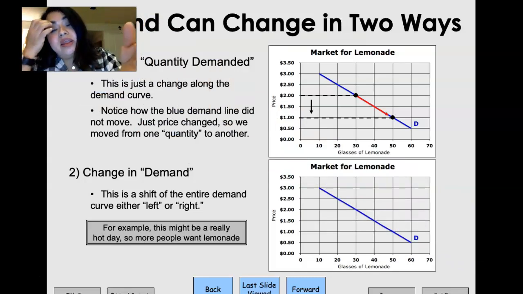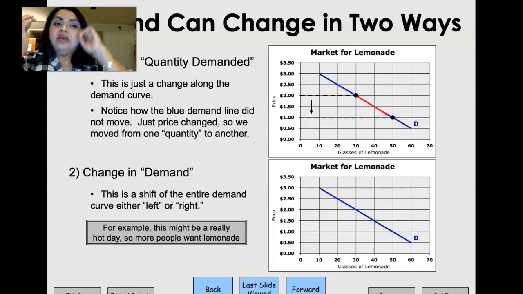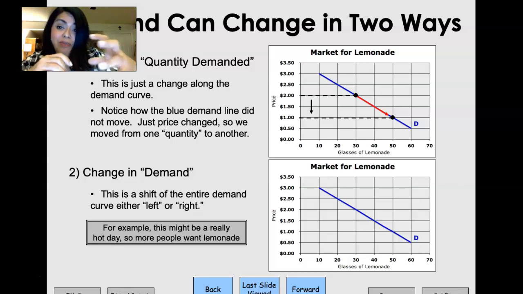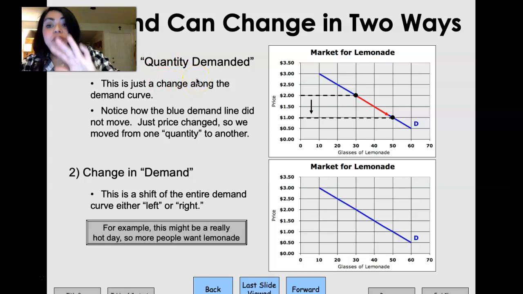Because if you're trying to track demand, when it's just changed by price, this can vary from season to season. For instance, toys right around Christmas time are much more in demand than they are the rest of the year. So that can be related to the whole change in demand, like the big picture of how many products are being bought. If you're looking at just quantity demanded, it's usually just something that has to do with the price. Like maybe you put something on sale in your store, or there's just a difference in the price that made